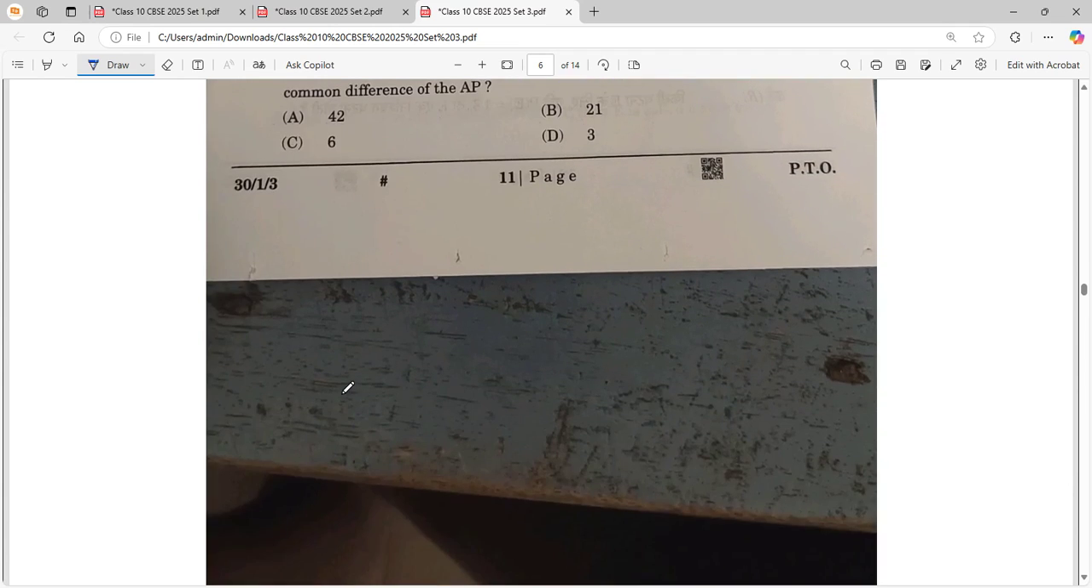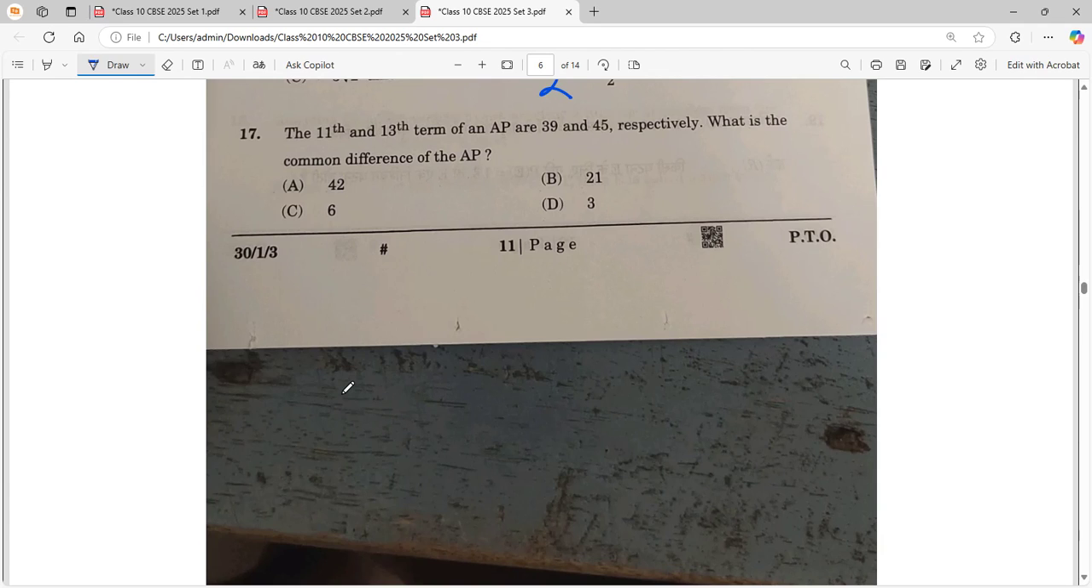Question 17. The 11th term and the 13th term of an AP are 39 and 45. What is the common difference of the AP? So we can use the number line method here. A11 and A13, these two terms are separated by 2D, which is equal to a numerical difference of 6. The numerical difference is 6, which means